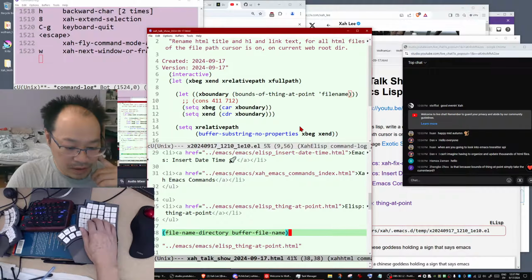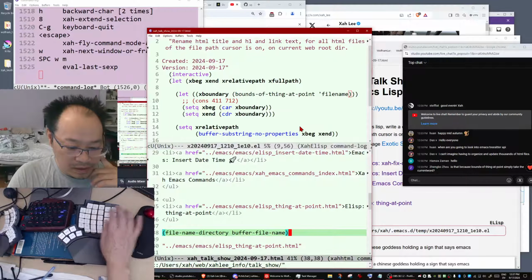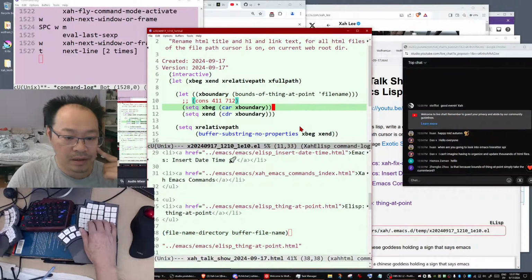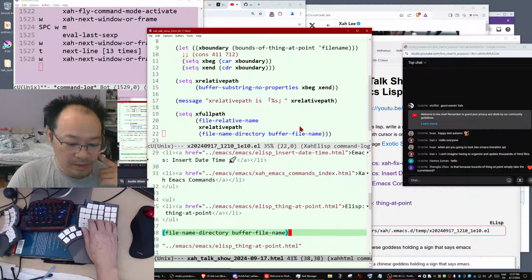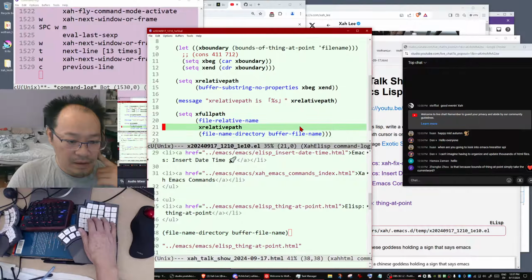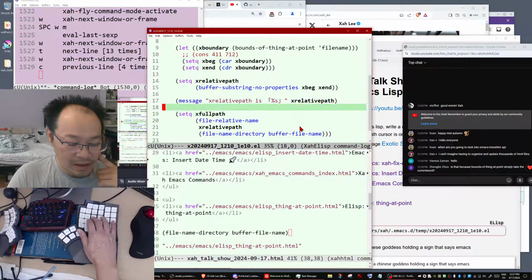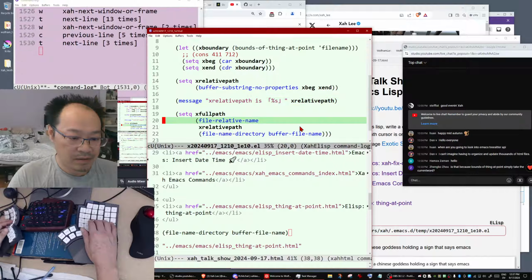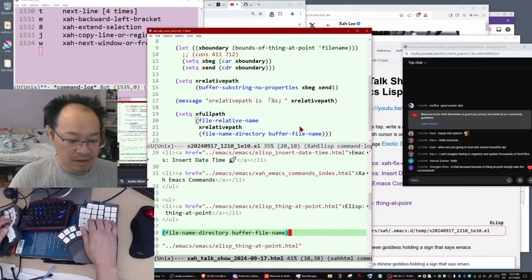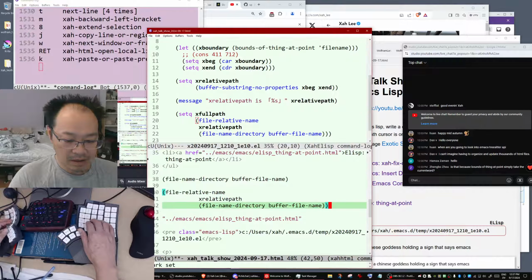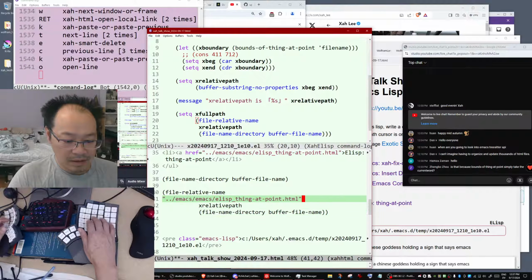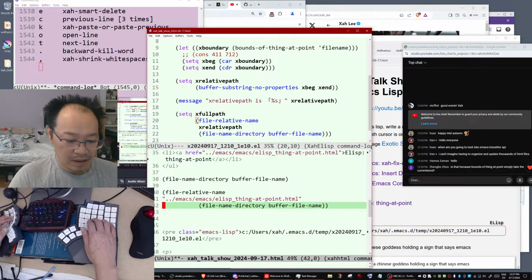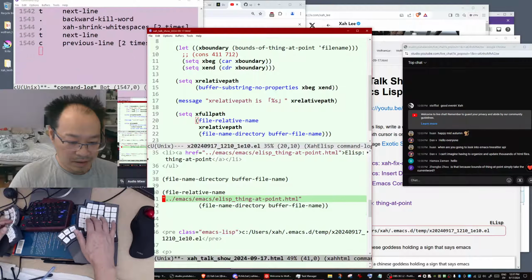So this is correct. This part is correct. Relative path is also correct. Then why is this... So let's test here. So cut that. This is the relative path, and now evaluate this block.